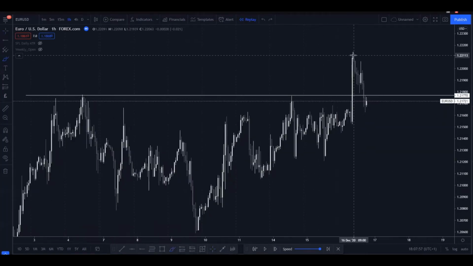So it broke through. As it broke through here, anyone that's selling this market is now out of the market, because if you're selling anywhere in here, where your stop's going to be, they're going to be above this high, this high, this high there, these highs there. So what this massive candle has done here is essentially trapped all the sellers in the market, as all the stops have now been taken.